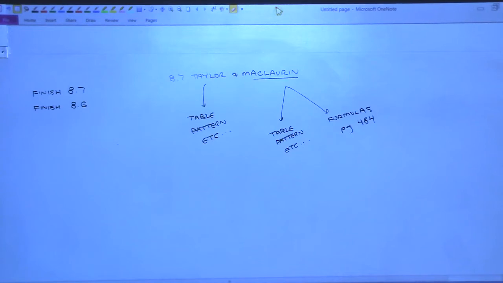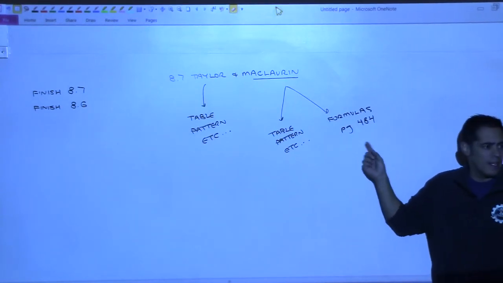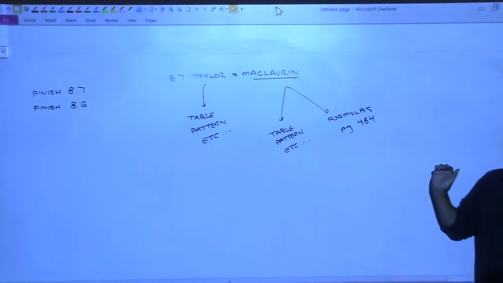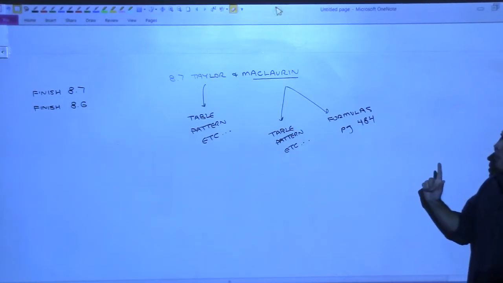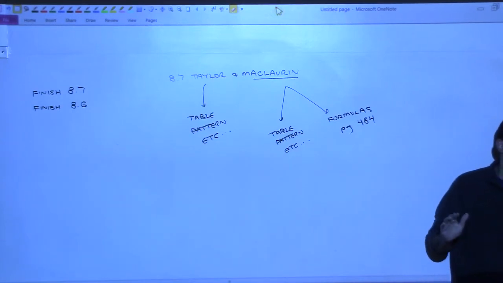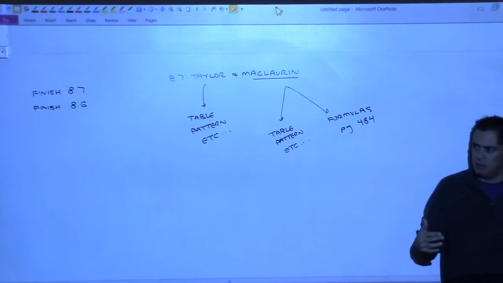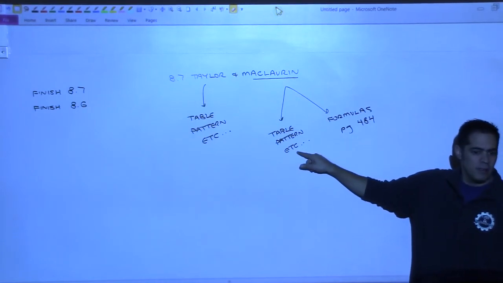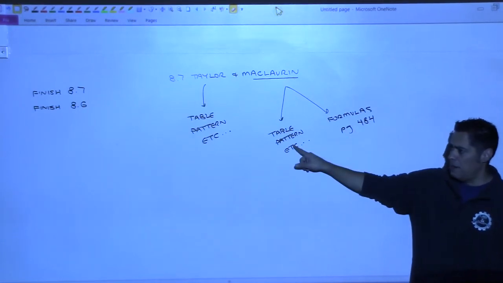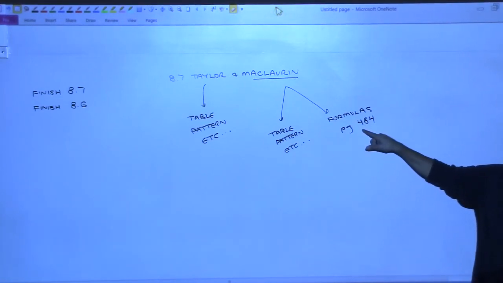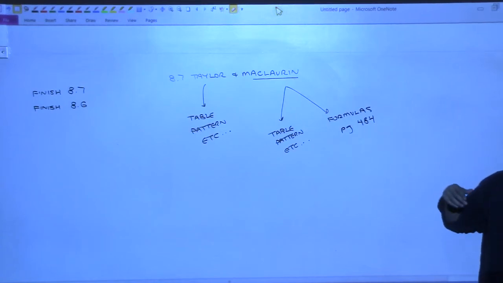Those formulas I will provide you on the exam, which means you do not have to print them. So during the test, when I ask you to find a Maclaurin series, I'm going to have to tell you which way to do it. I'm going to just tell you, find the Maclaurin series, and you cannot use the formulas, so you have to do a pattern or something like that. These problems where you're allowed to use the formula are going to look something like